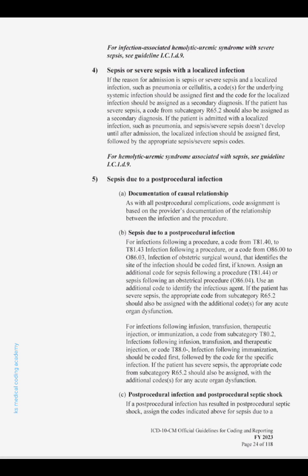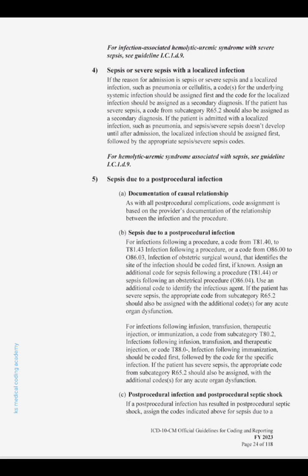For hemolytic uremic syndrome associated with sepsis, see Guideline I.C.1.d.9. 5. Sepsis due to a post-procedural infection. a. Documentation of causal relationship. As with all post-procedural complications, code assignment is based on the provider's documentation of the relationship between the infection and the procedure. b. Sepsis due to a post-procedural infection. For infections following a procedure, a code from T81.40 to T81.43, infection following a procedure,